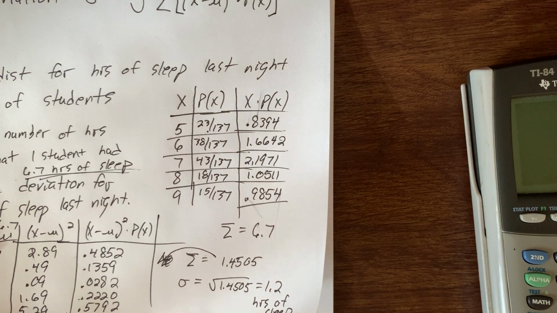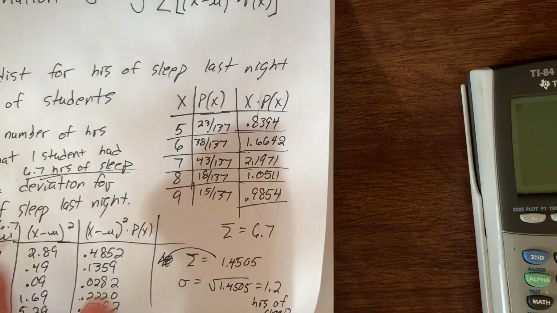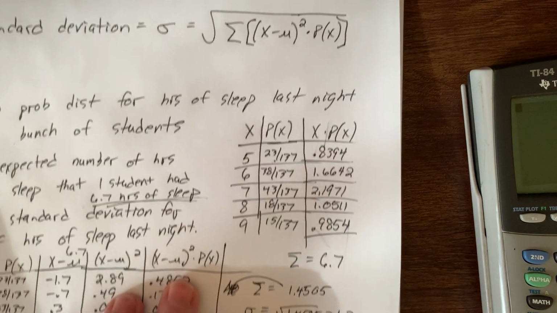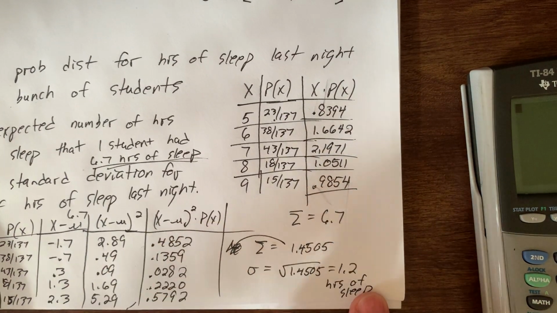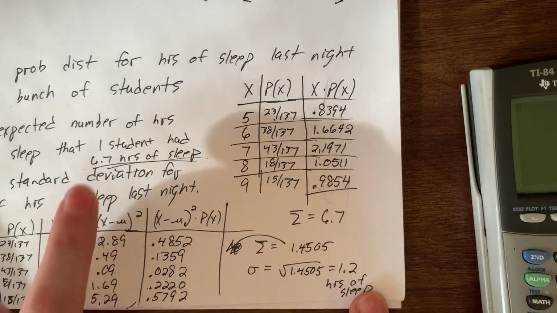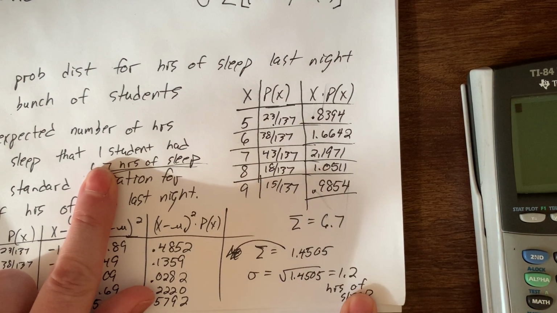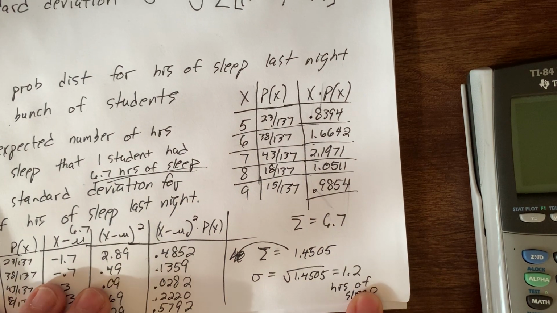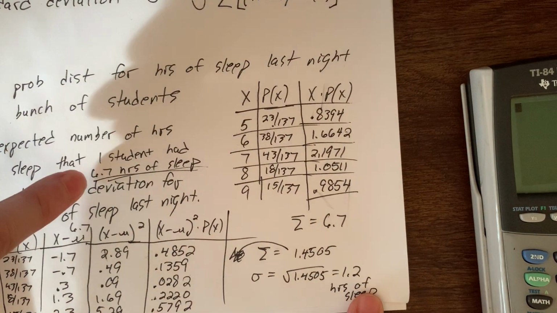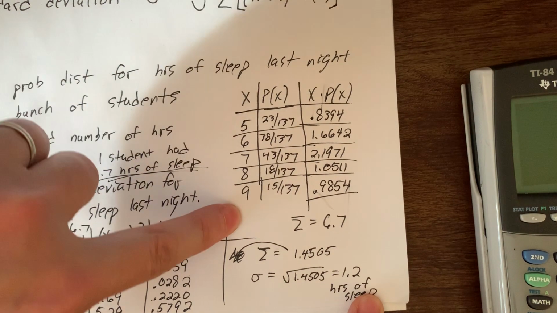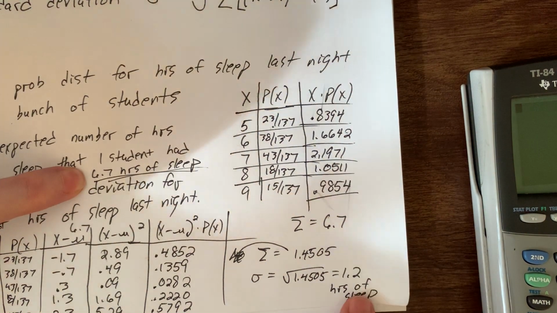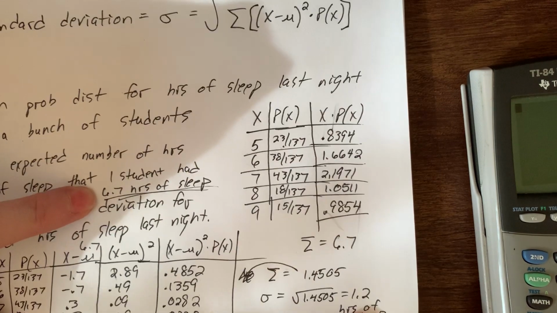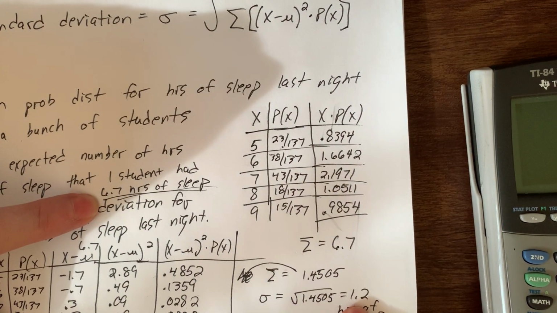Again, I want to do a whole problem starting from scratch, making the probability distribution chart, and including these questions. But in any of these situations, we have some real context to check our answers. Again, think about the mean, think about the standard deviation, and realize that it makes sense. We explained why the mean looked good when we started thinking about this, but now realize the same tricks we've always used. Think about the mean, 2 standard deviations above, 2 standard deviations below, and that should basically cover most